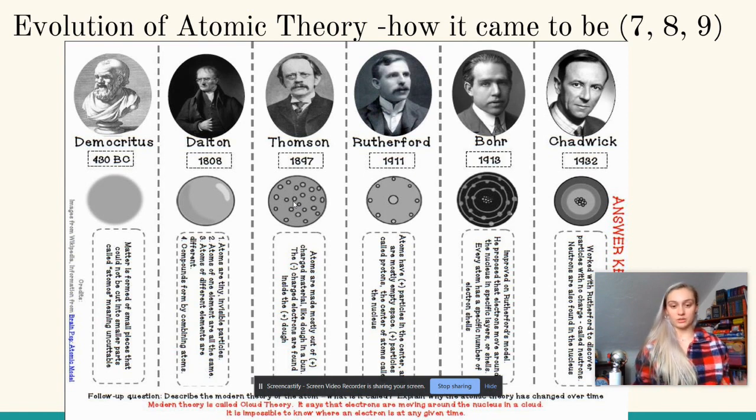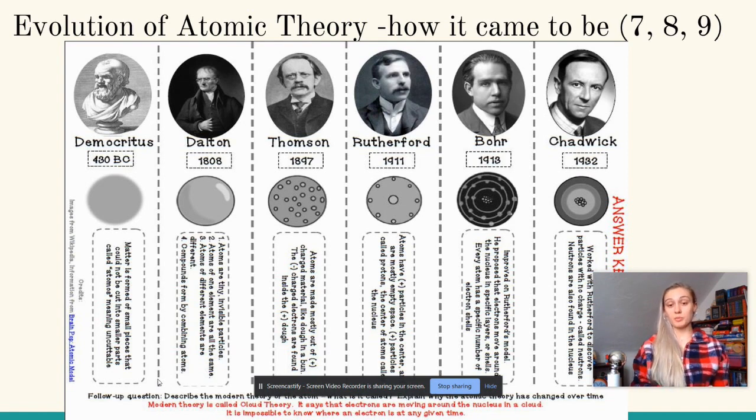So he did find out that there were positive parts to the atom, but his orientation of them, the fact that he just thought they were scattered everywhere in the atom, we know that's not true, but he did discover the proton. Next, we have Rutherford, who did experiments and found that the positive particles are in the center of the atom, in the nucleus. And he found that atoms are mostly empty space. And so he essentially found that protons are in the middle, in the nucleus, and then there is mostly